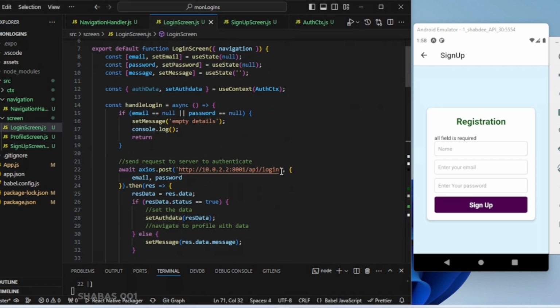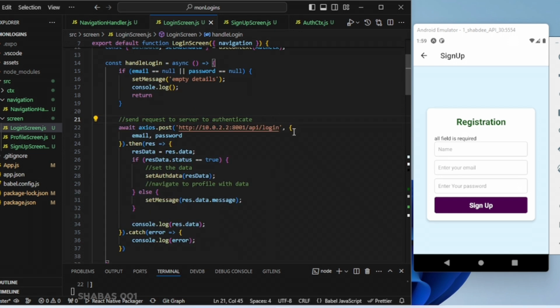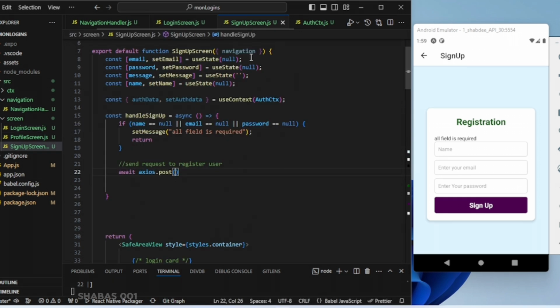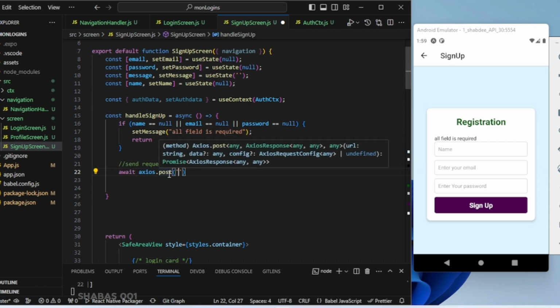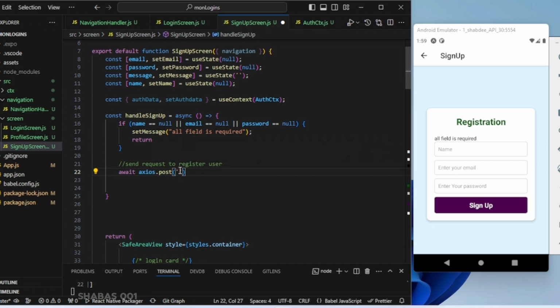So I need to copy the URL now, that is the link, and put it here. Okay, so await axios.post. I want you to wait for this request to complete before it goes on. I'll paste